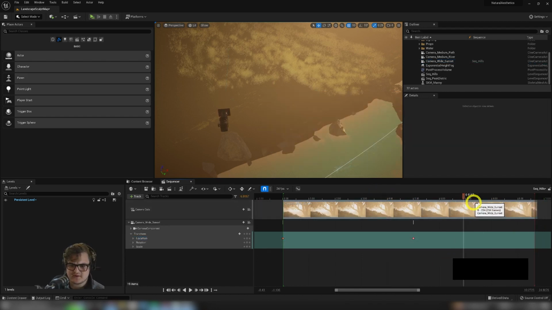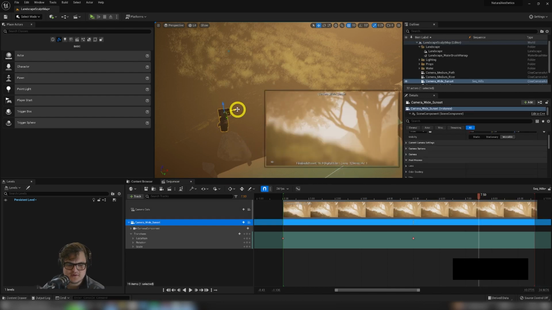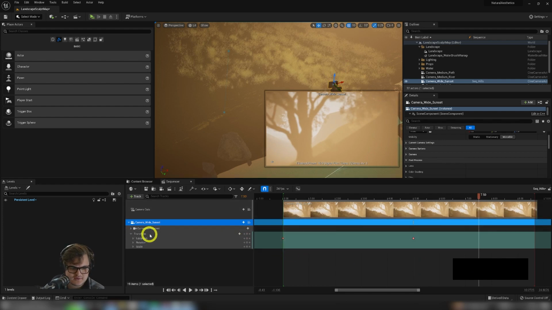And I'm going to add a third keyframe. So I'm going to add a third keyframe here by pulling the camera off to the side a little bit and then going to this location button, clicking keyframe, and there's my new keyframe. This process can obviously become a little bit tedious, especially if you're making tens, dozens, hundreds of keyframes for your